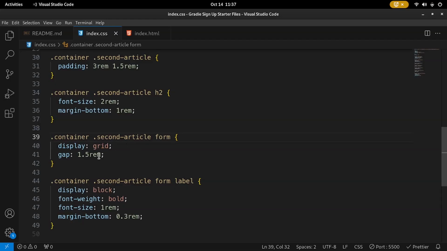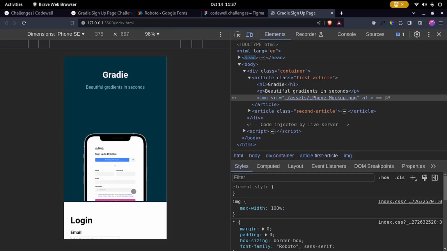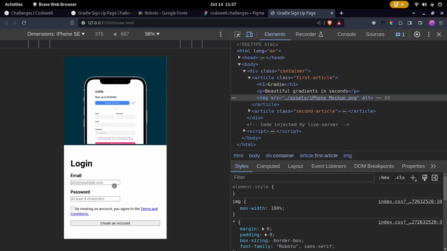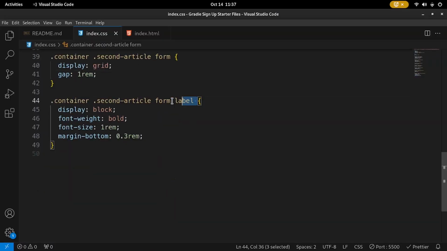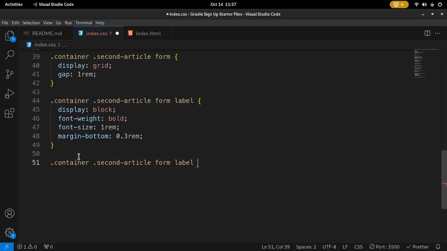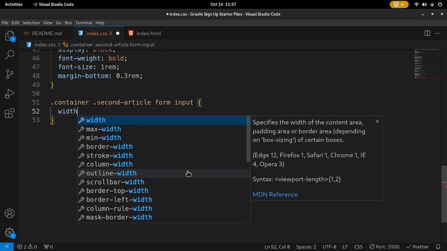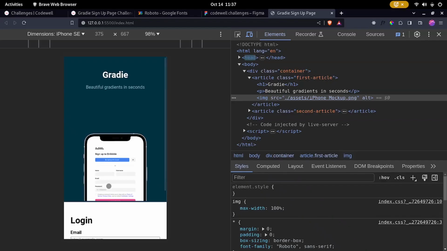There we go. So 1.5 rem is a bit too big. So let's say 1 rem. And we can deal with 1 rem. That looks okay. And you can see that now we have equal margins all over. Now let's tell the inputs. So for the inputs, I'm just going to copy this, paste it here, and change this into input. So that for the inputs, I can give it a width of 100% so that they span the entire